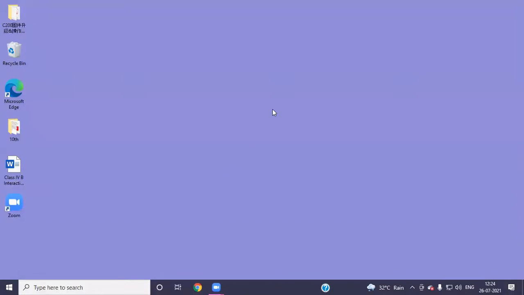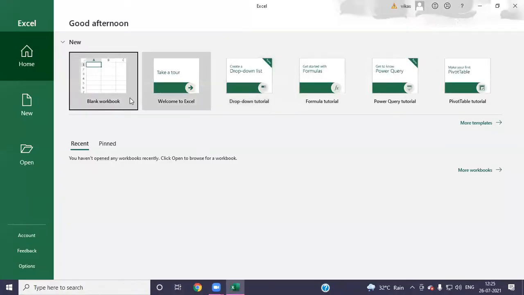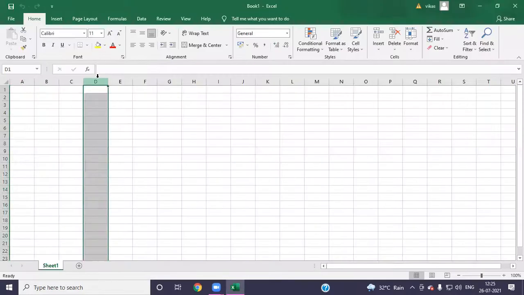So here I have opened the Excel sheet. It will take a little time. In the same way as sum, I have used max, min, and the AVG function. If we want to know the maximum value among 4 or 5 values, we can use max. If we want to get the minimum value among them, then we will use min. Like that we have to do.